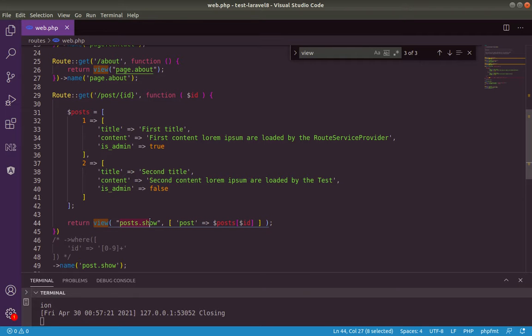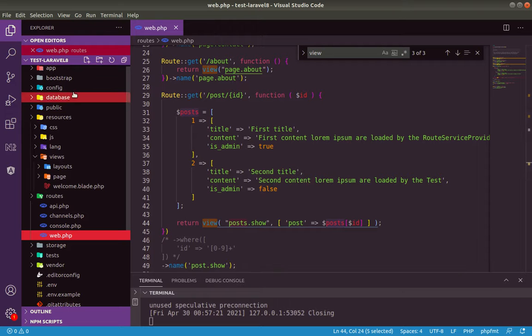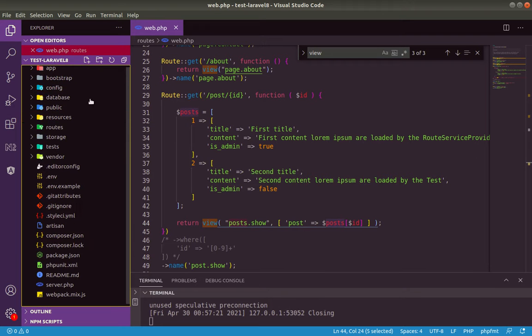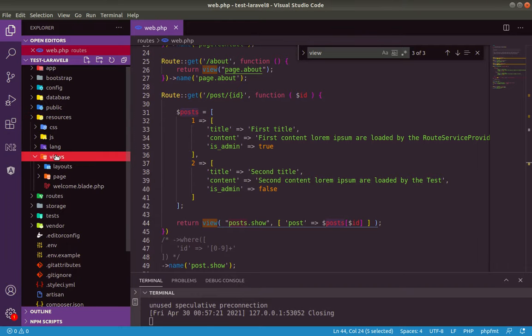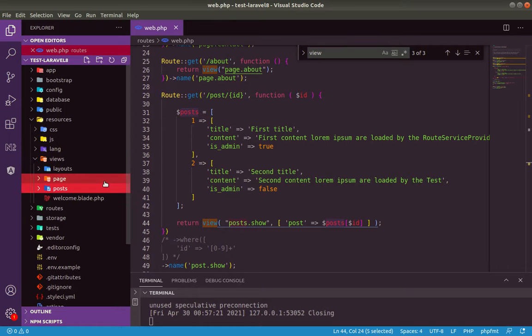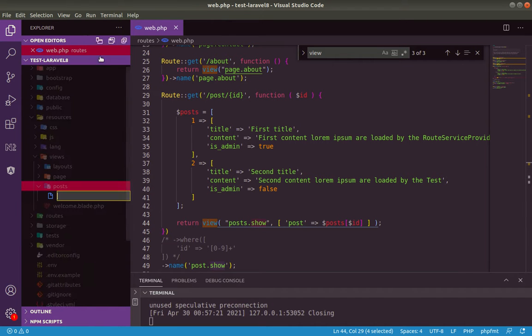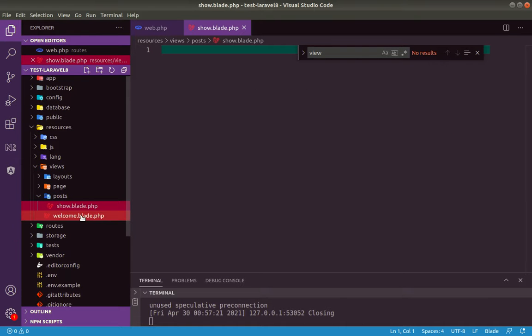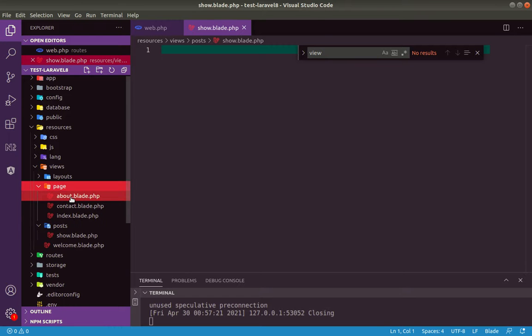Here our view, we named it show under the folder posts. Let's create it. It is under the resources. Let's wrap up under resources, view. We need to create a folder posts. After that, the show file .php. Okay. Let's take